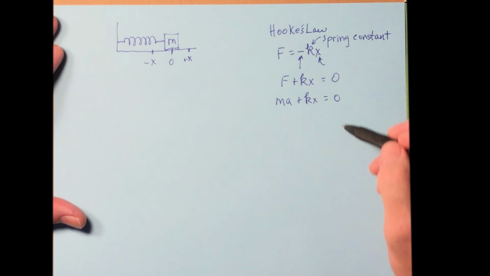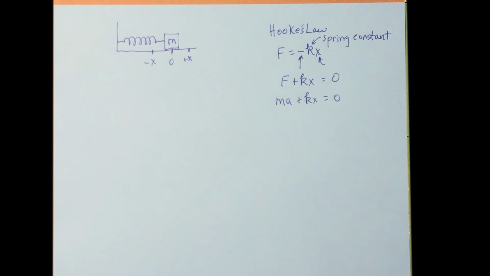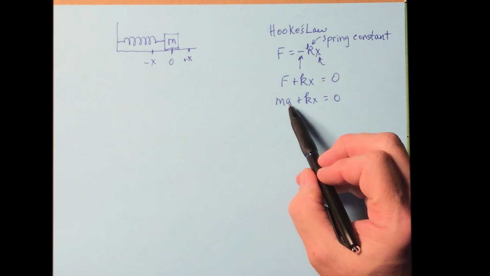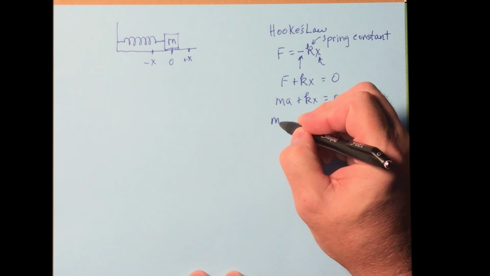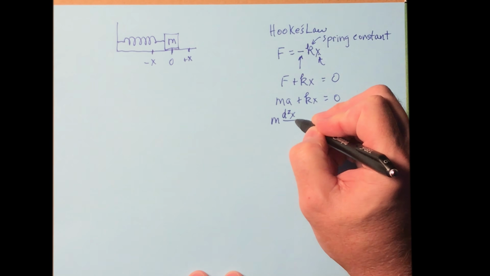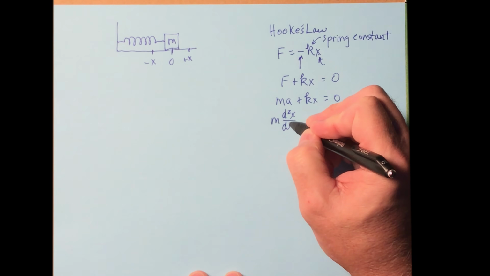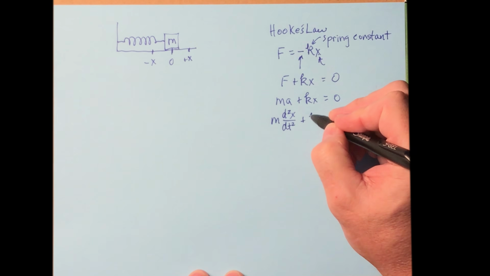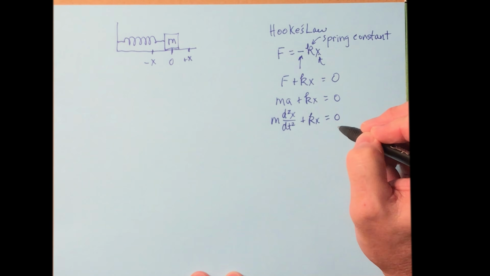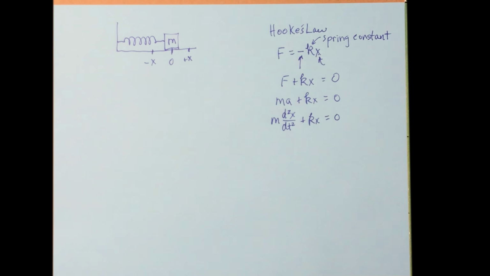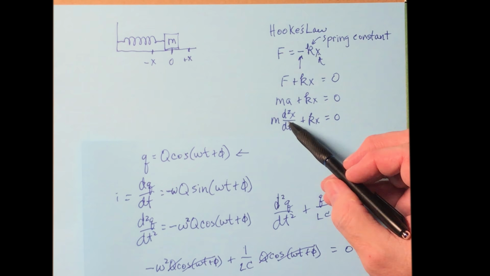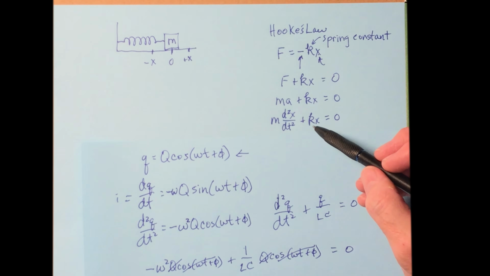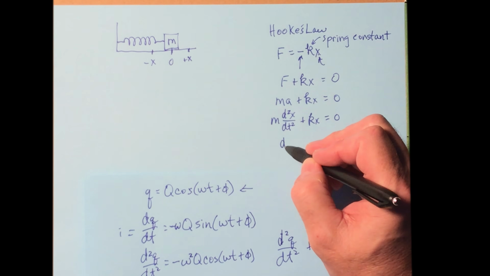And that's a second order differential equation. Even though you may not recognize it, that acceleration is a second derivative. So this is mass times d squared x dt squared plus kx equals 0. Now, does that look familiar to you? Well, let me go back here to this. That should look vaguely familiar. All right, if I were to divide through by the mass,